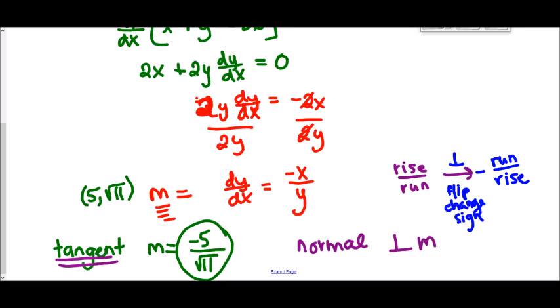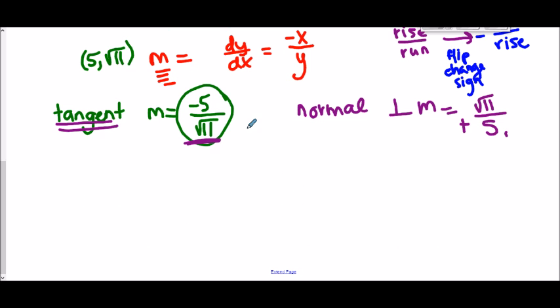So in this case, if we're looking at our normal slope, we take our tangent slope, which is negative 5 over square root of 11. So we flip it. Square root of 11 is on top. Negative 5 is on the bottom. And then we change the sign so it becomes positive. So that's our normal slope. That's all we do. There's no more derivative. It's just taking the tangent slope that we had to find anyways for the tangent line and flipping it and changing the sign. Okay, so that's what normal means. So if we see normal, we know we're doing the same thing as the tangent. We just got to flip the